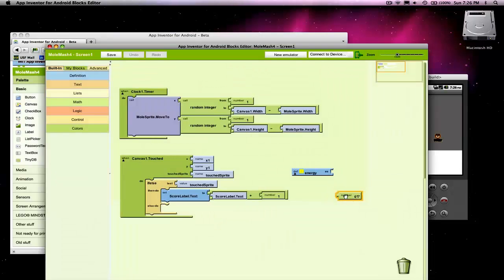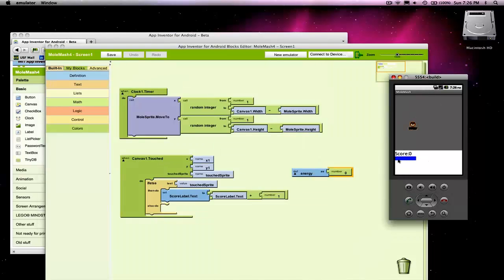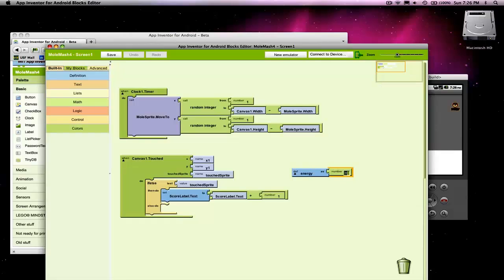In fact, in this case, we're going to show it by changing this thing to make it less wide, right, as the energy goes down. But we're going to start the energy, sorry, I put a 0 in there. We're going to start at 100. So our energy is 100, and let's just say every time you miss the mole, we'll take away 10 from